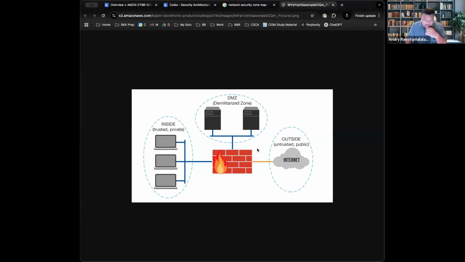So this is the outside. Then we have the firewall. The other zone is what we call the DMZ. The DMZ is called the demilitarized zone. The demilitarized zone, in very simple terms, is a secure version of the network that is accessible to the internet.